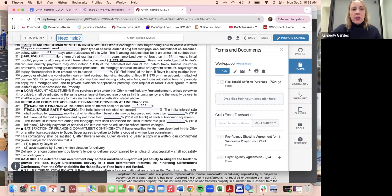And we're going to try to deliver that loan commitment within blank days after acceptance. So typically financing can be done anywhere between 14 days to 28 days. If you're not quite sure how fast your buyer's lender can work, it's best practice to call the lender while you are drafting the offer to firm up some of these details, because the last thing that you want to